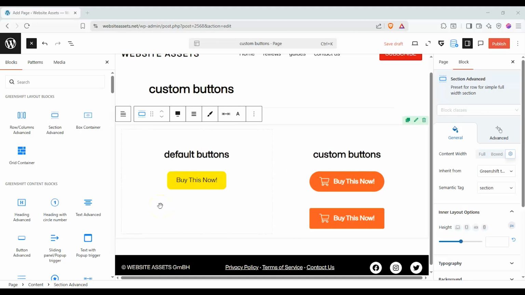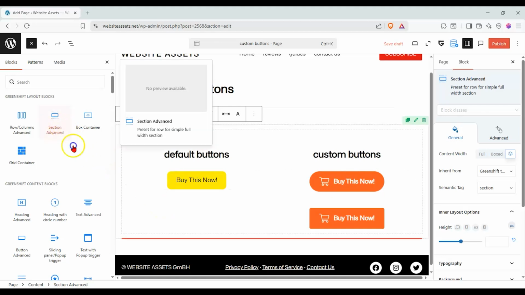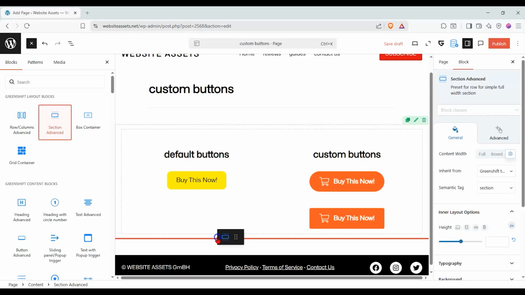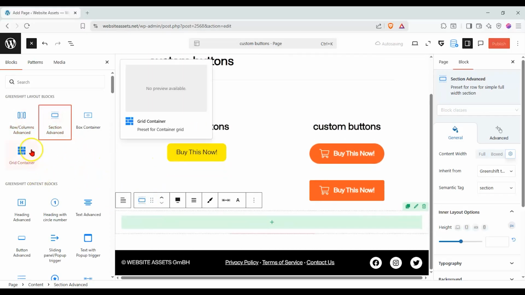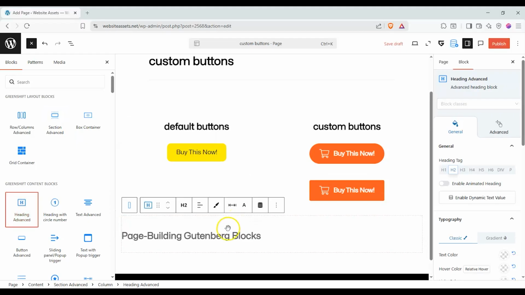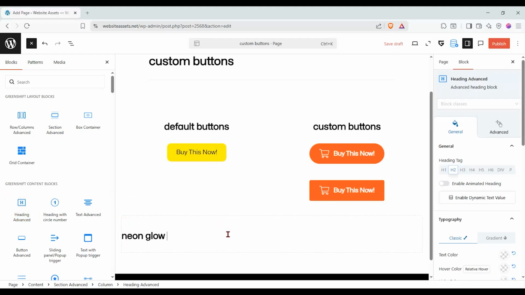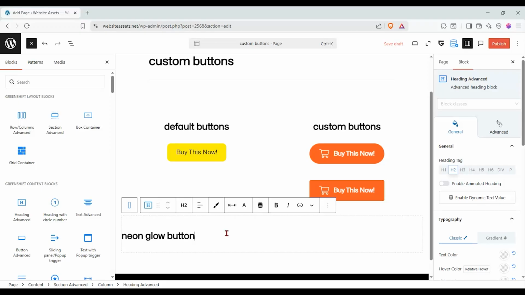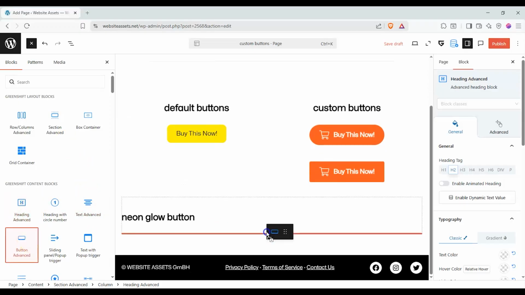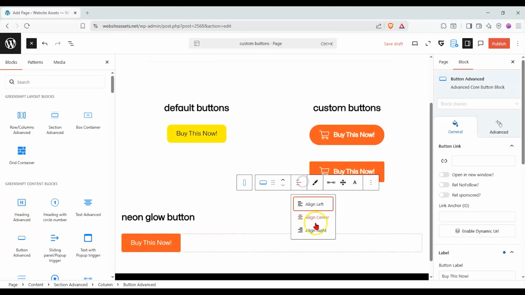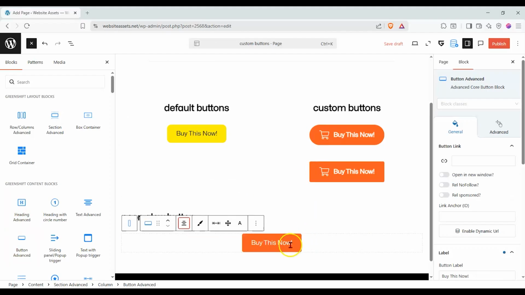All right, with this, let's go ahead and move over to the next section. All right, and we'll just pop this over here, and we're gonna add in a heading right here. We're gonna show you how to make a neon glow button. So we're gonna start off with a simple button right here, and we're gonna center that up down there. And let's change this to something like,